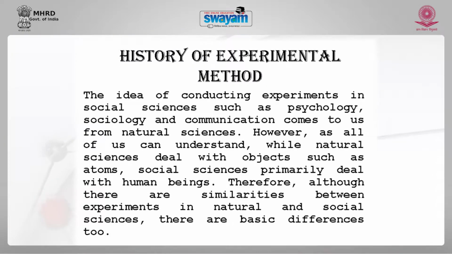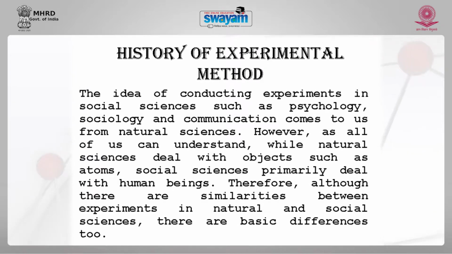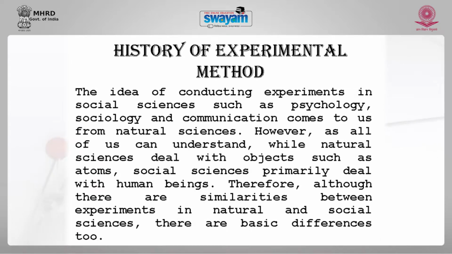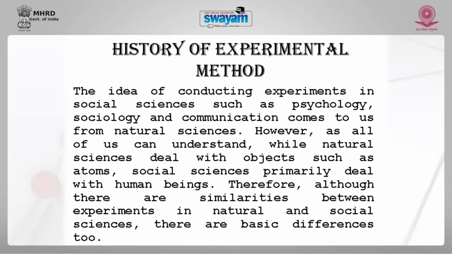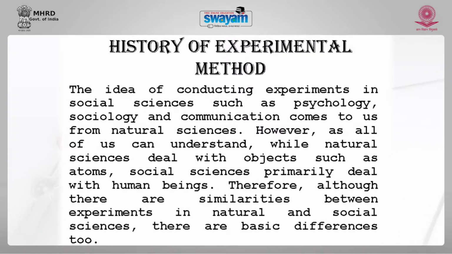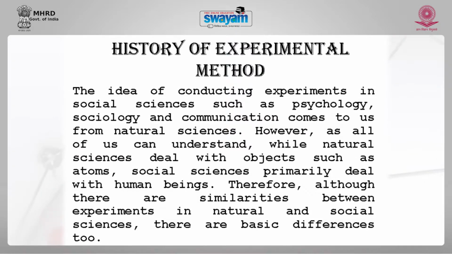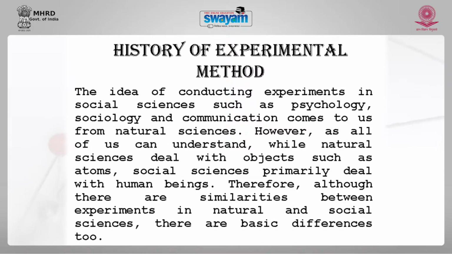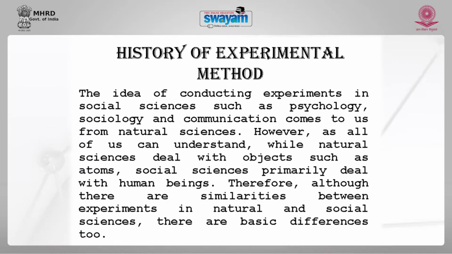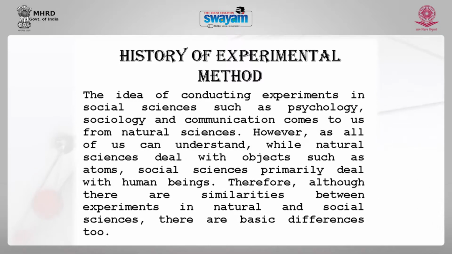Okay, let us begin with the history of the experimental method. The idea of conducting experiments in social sciences such as psychology, sociology and communication comes to us from natural sciences. However, as all of us can understand, while natural sciences deal with objects such as atoms, social sciences primarily deal with human beings. Therefore, although there are some similarities between experiments in natural and social sciences, there are basic differences